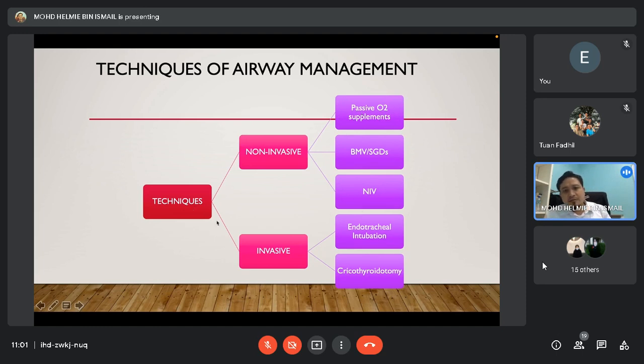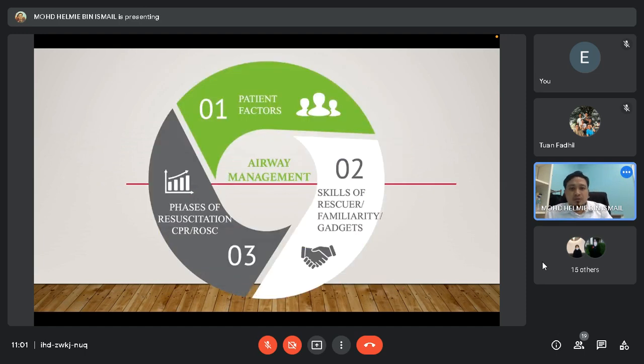And then for the invasive technique, we have endotracheal intubation and also cricothyroidotomy. We have a surgical airway. We can use a surgical airway in order to give the oxygen. Alright. Okay. So the airway management